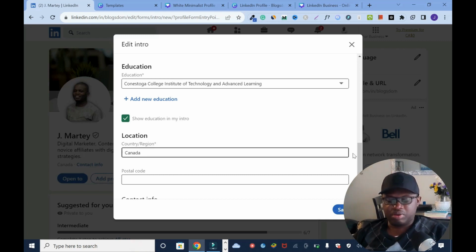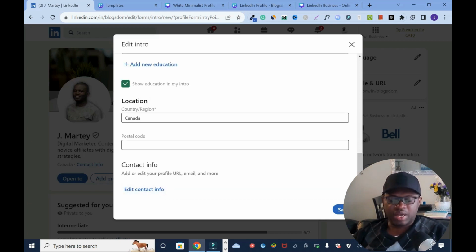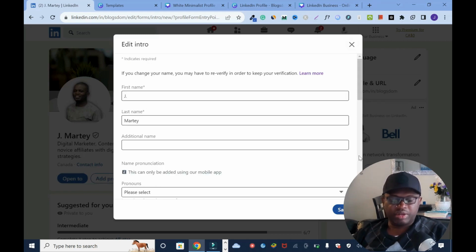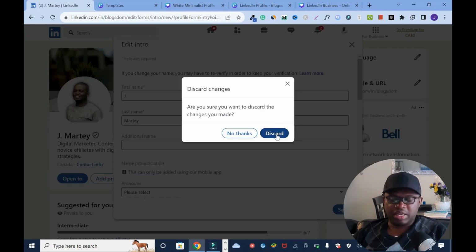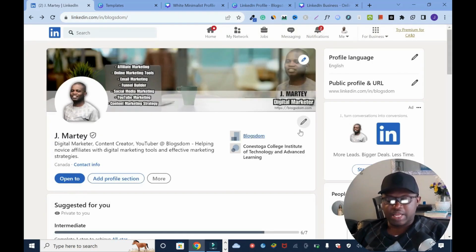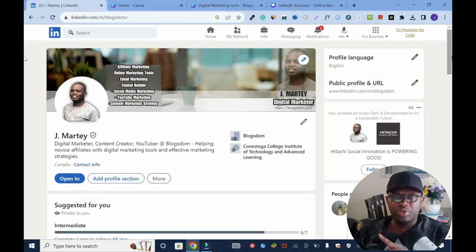Then you type in your country, and you can edit to add more information if you want. Yeah, stuff like that. Then after, you're gonna click save. I'm gonna discard it because I don't want to save it. Then I have 2 more things to show you, and this one is very important. Please pay close attention. I'm gonna scroll down,